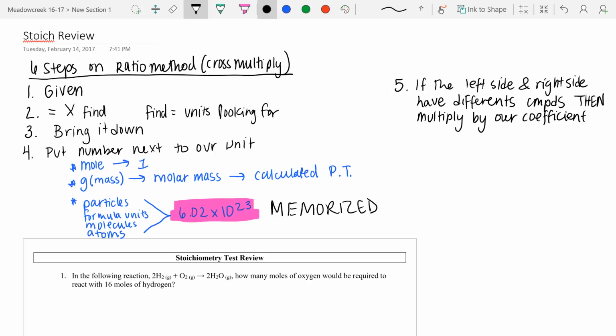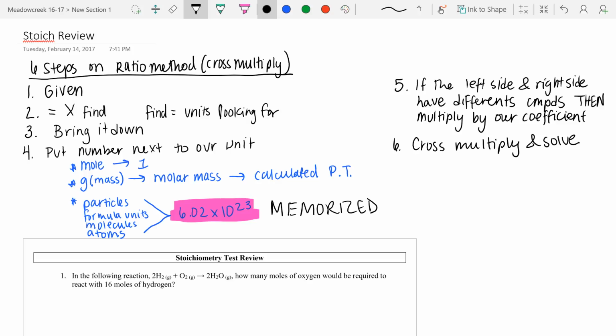Okay, and then step number 6, we cross multiply and solve. Now, it looks like a lot, but it is the same 6 steps that we have been doing over and over again since